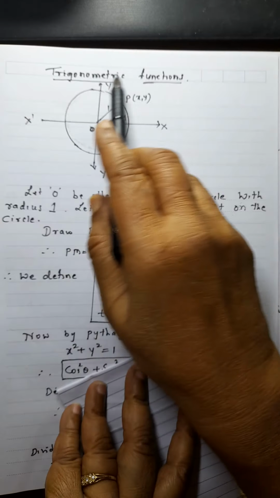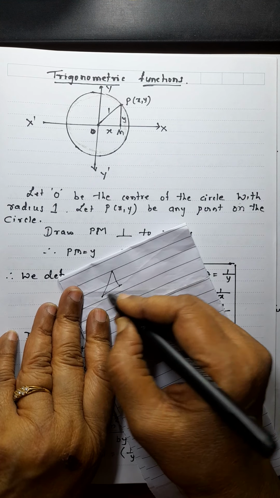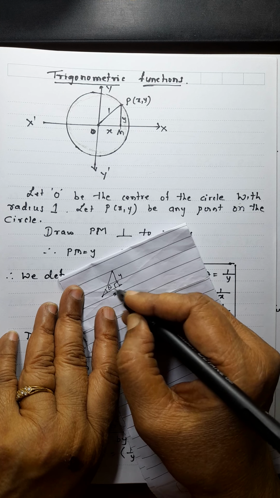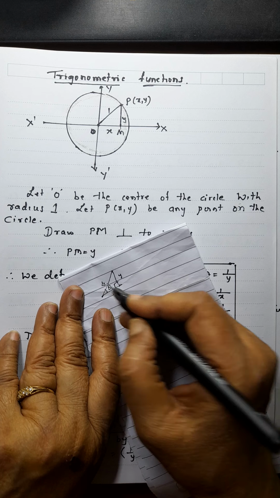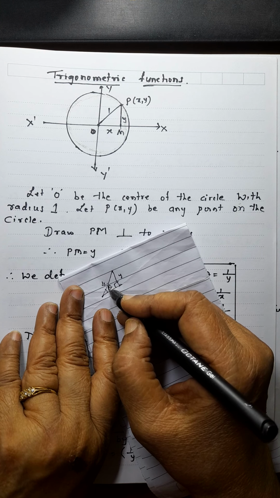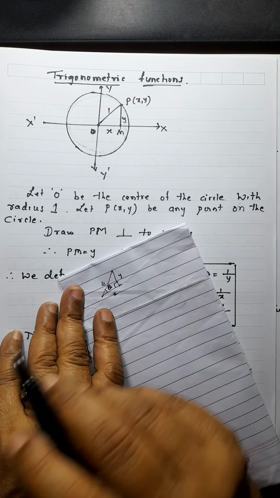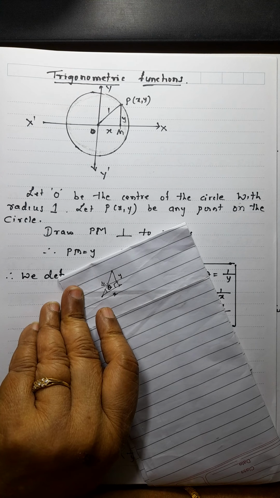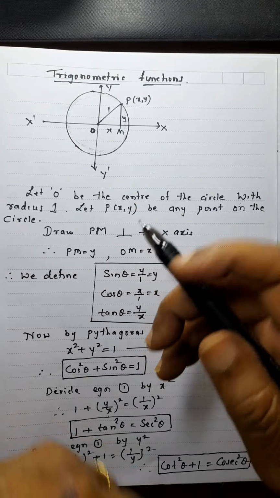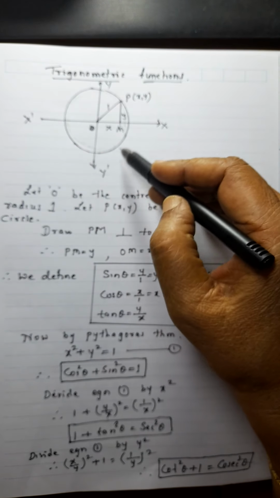Now I will define trigonometric functions. In high school, you used to define trigonometric functions in a triangle. You know, if this is theta, this is 90, this is y, this is x, this is r. Y upon r is sine theta, this upon this is cos theta. But until 10th standard, you have studied theta till 90 degrees only. Now we have to take theta till 360 degrees or more than that also. So this triangle will be of no use. So now in 11th standard, you will have to define trigonometric functions in the unit circle.